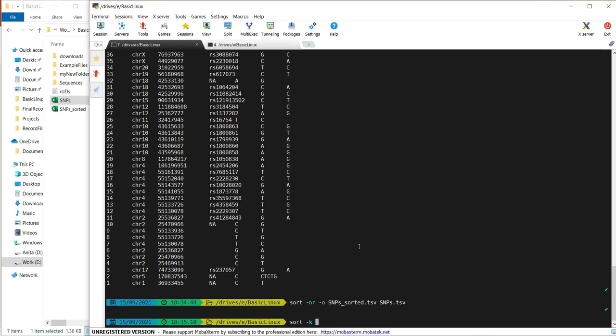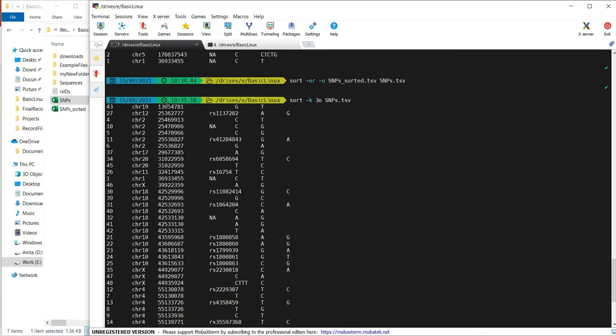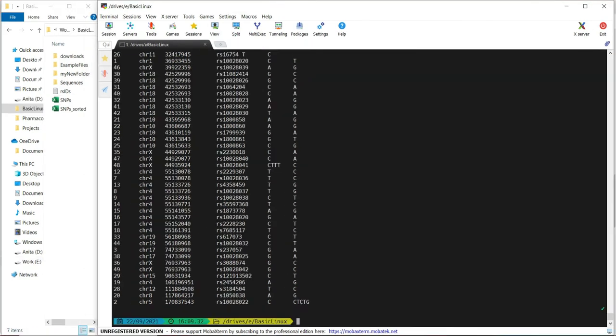The chromosome positions are in the third column. So I'll say 3, and tell it to sort by number with -n. Now if I give the file and press enter, you will see that this file is now sorted by chromosome position.